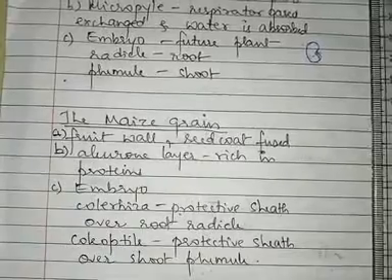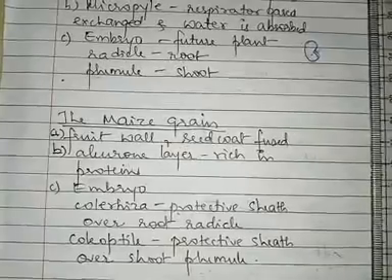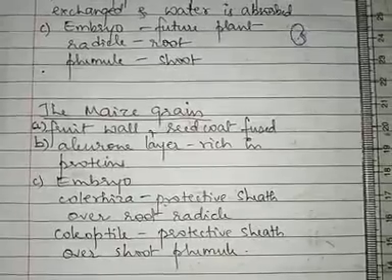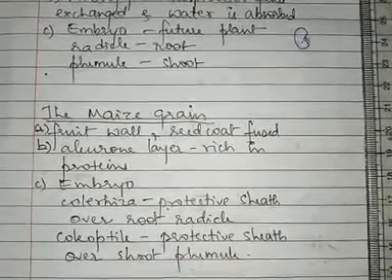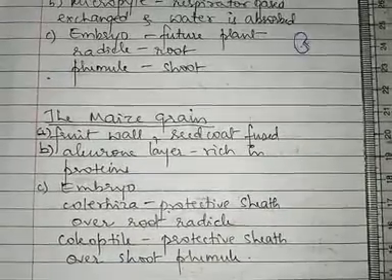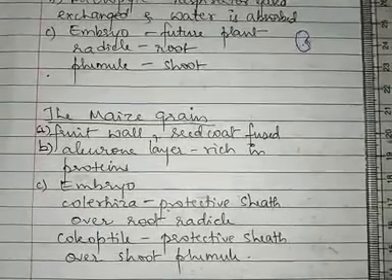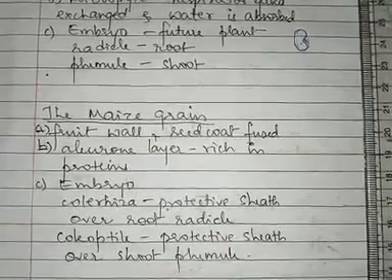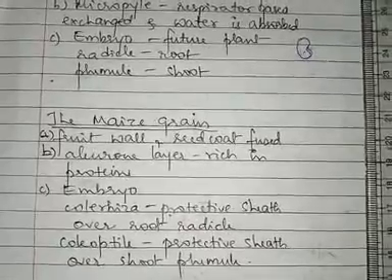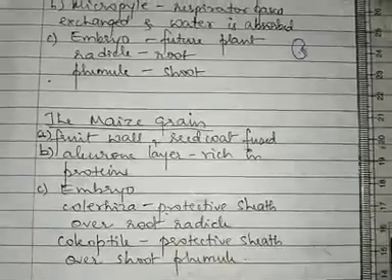And the remaining area of the grain consists of the endosperm. What is endosperm? We have already studied that endosperm is the stored food material of the seed. So large endosperm is present in case of the maize grain, right? And a very small area is present in the embryonic region, where the embryo is present. Understanding? Now with the help of the diagram I will explain you the structure of the maize grain.